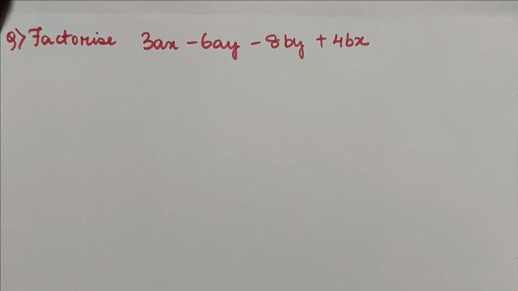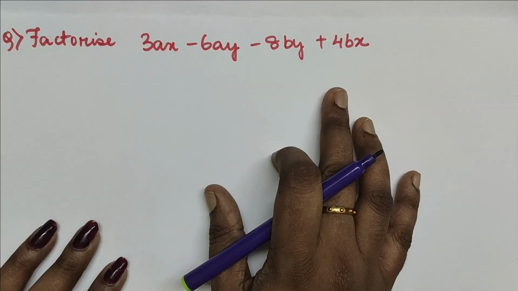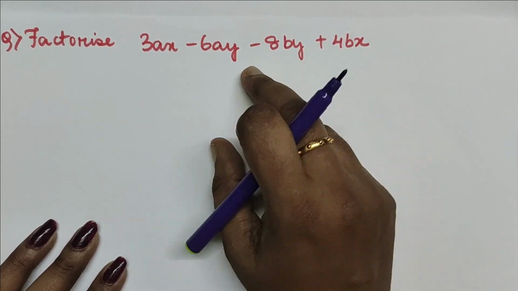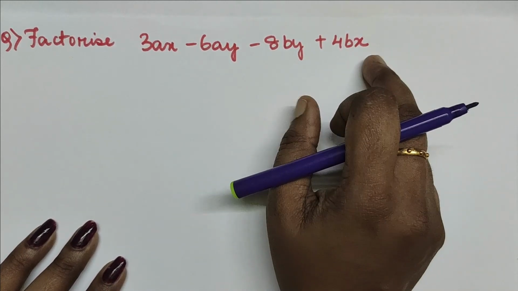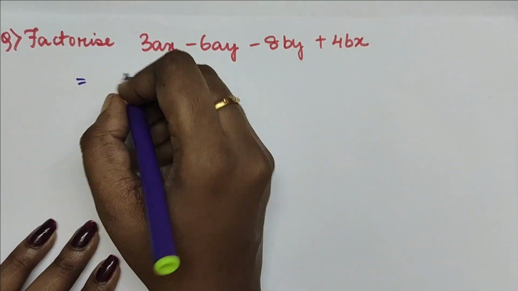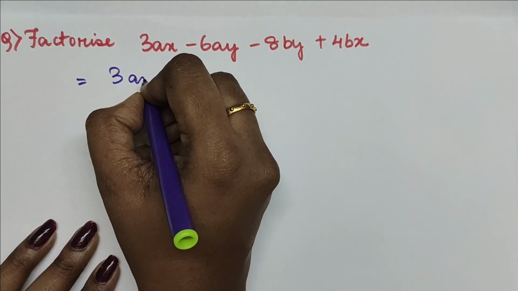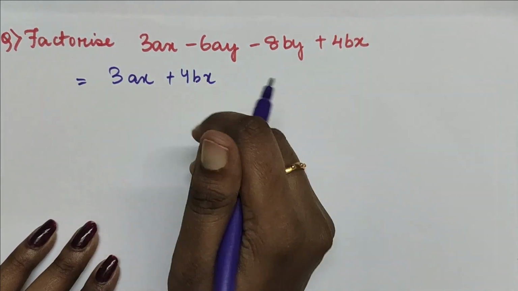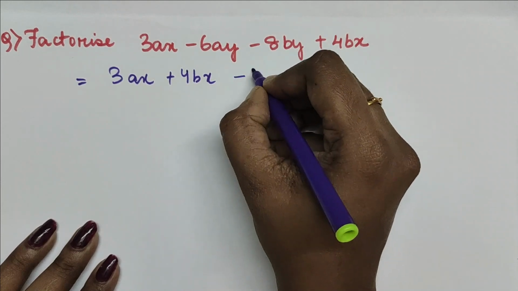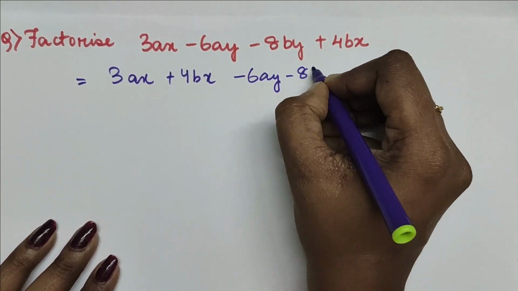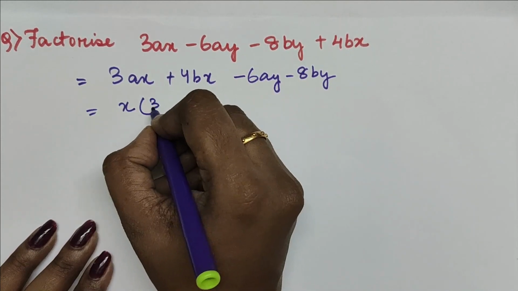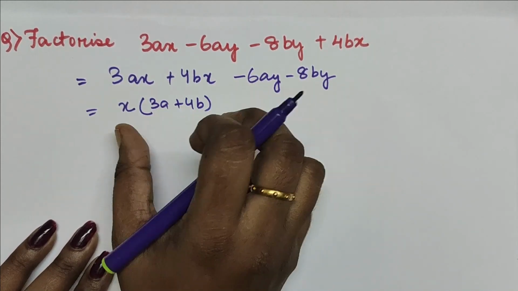We are going to solve this question also using the method of regrouping the terms. So you can see here you will find 3ax minus 6ay minus 8by plus 4bx. So let us rearrange them. We can write 3ax and 4bx here. We can get a common, minus 6ay minus 8by. So in this I have x common, so I write 3a plus 4b, so that when I open I get